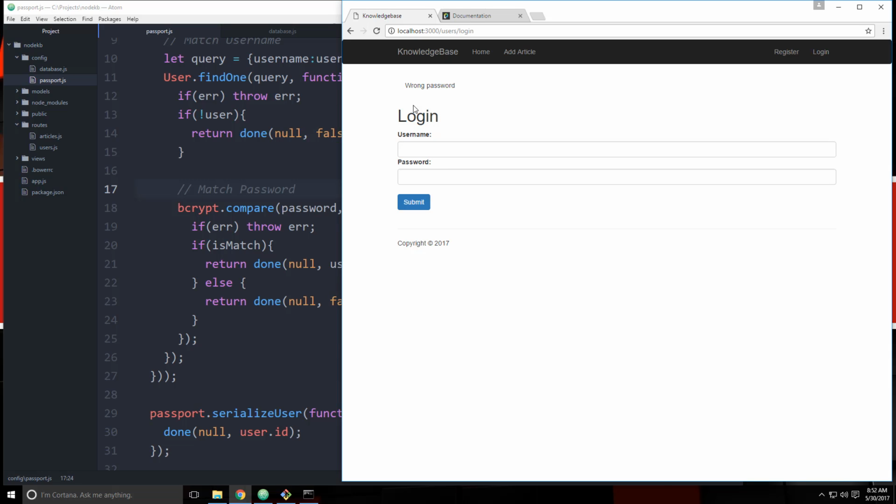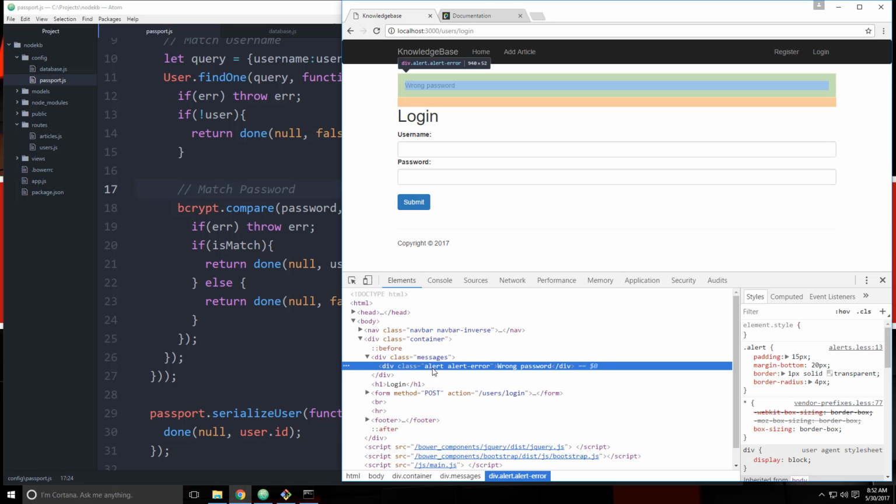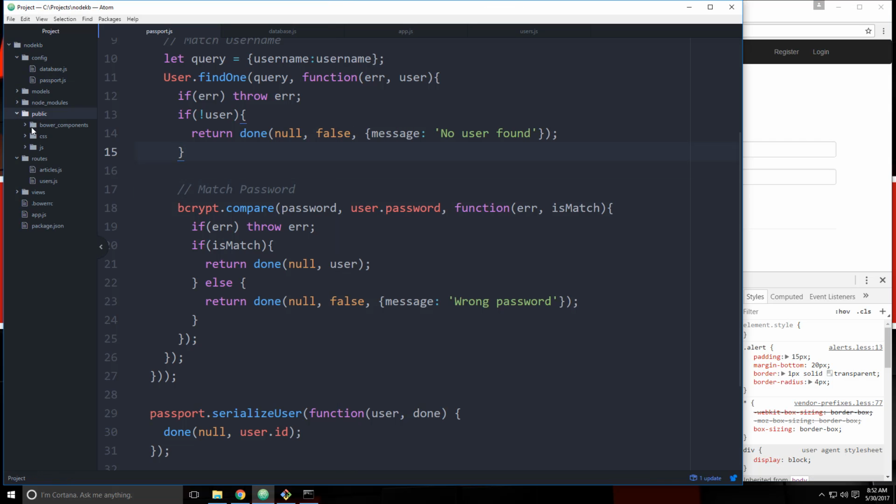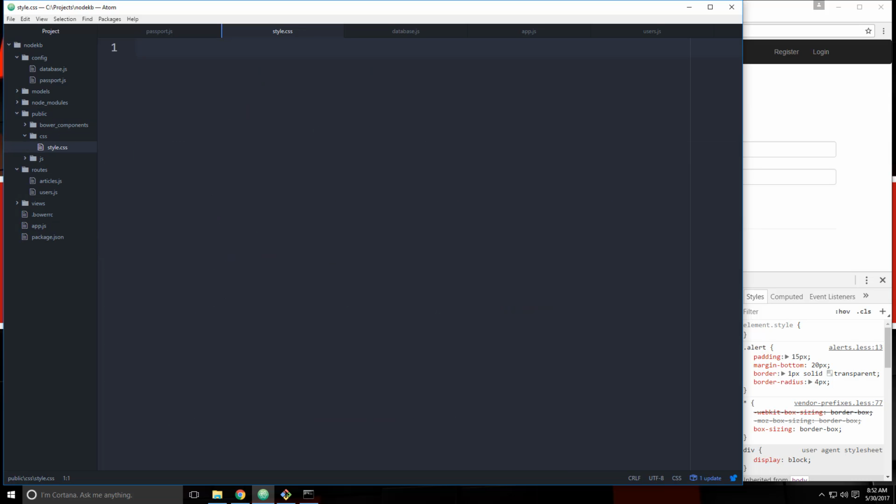Alright, now before we do the right password, I just want to edit this. If we look at the source code for this message, it has div class alert and then alert error, which in Bootstrap doesn't do anything. We need this to be alert danger, but instead of trying to change it, which I'm not exactly sure how, we're just going to add a class for alert error. So let's go into our public CSS style.css, and we don't even have anything here yet. And let's say